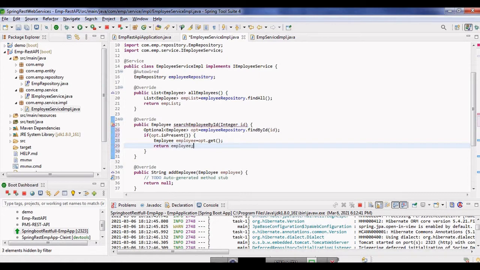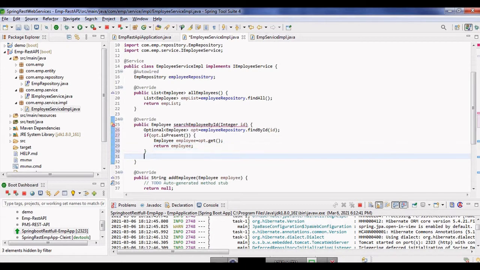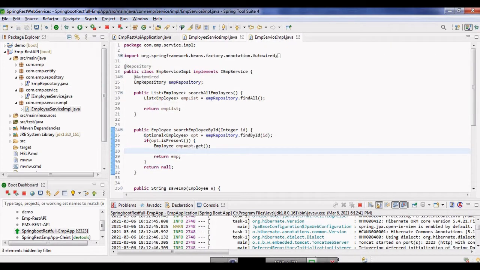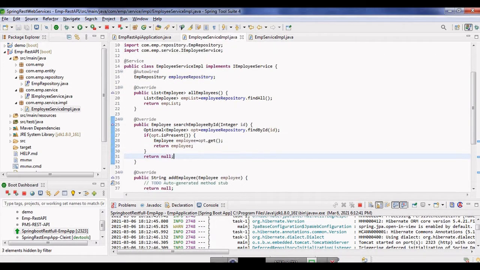And if this is false, then I'm going to return null. Done. So we have reached this point.